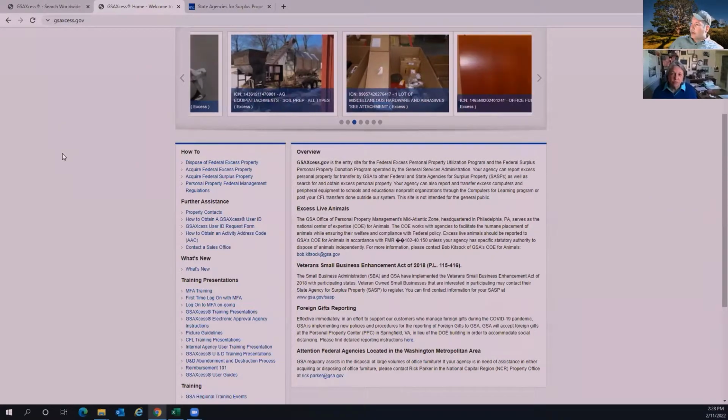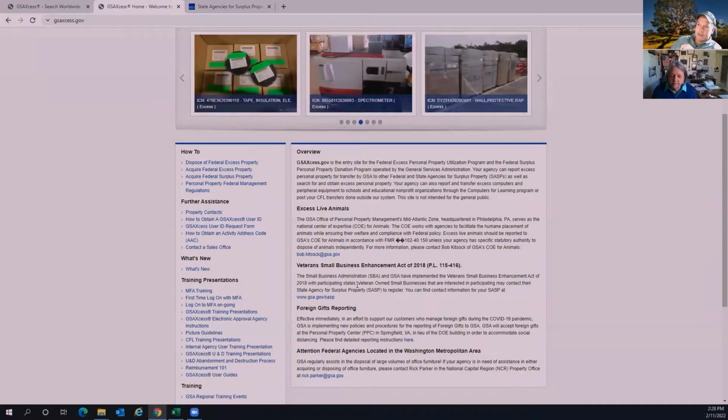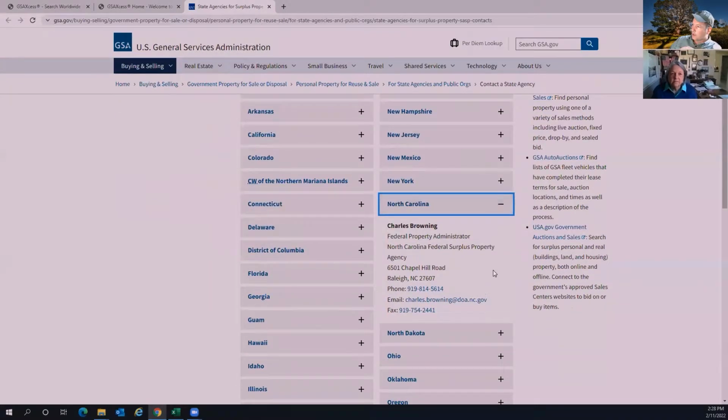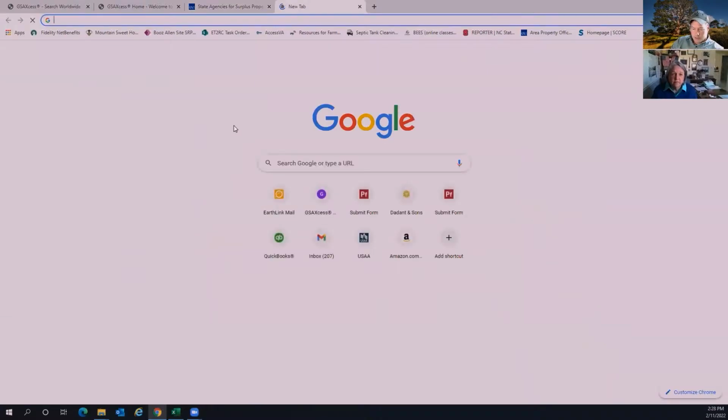Okay, so what you're going to have to do here is you have to get certified. The way you do that is there's a handy link right here on the GSA Access page that takes you to your state surplus officer. You can find yours here. I'll go through North Carolina right there. The other way you do this is